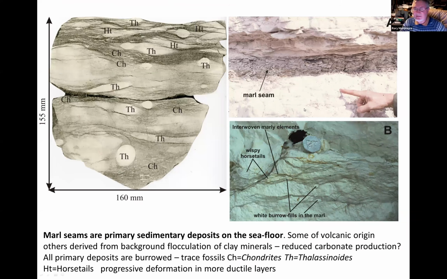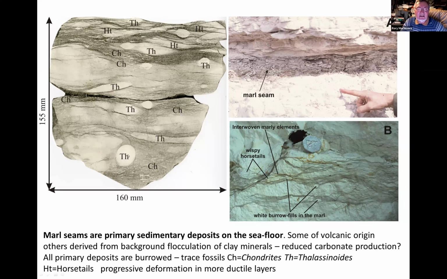Now, what about these marl seams? Marl seams have been controversial for a long time. There are still papers out there which suggest that all this clay in the chalk and these wispy clays are produced by dissolving away the carbonate and leaving behind the clay minerals. I've always wondered why people have written that, because when you look closely at these clays, you can actually see they are peppered with burrows. So these clays are primary on the sea floor,